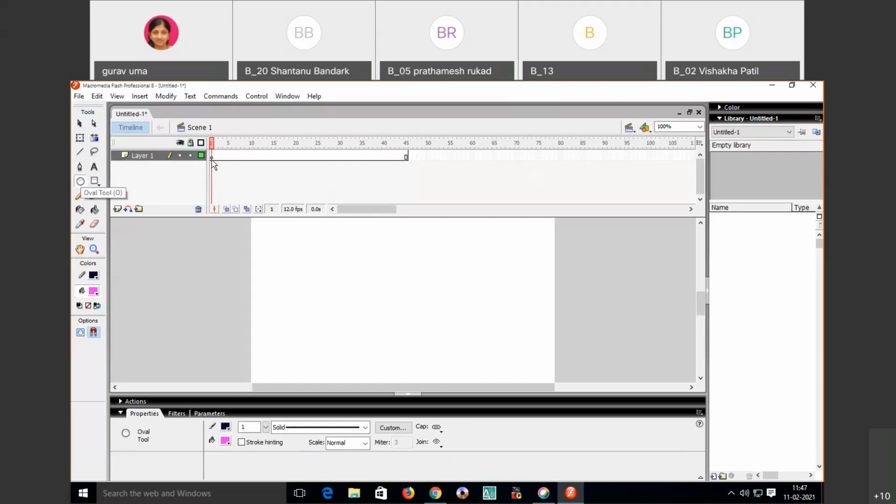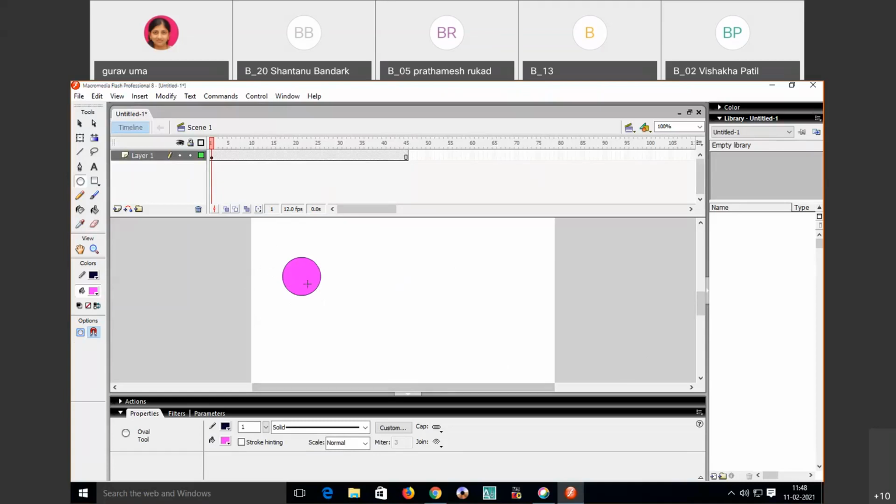Now I want to draw the object at this keyframe. At the first keyframe I want to draw the object. So here I will draw the object. Okay, I have drawn this object. See here that the black dot is appearing. That means my keyframe is set here for this object. Now I want this ball to come downwards, and again upward, then downward, upward and downward, as we are seeing in the example of a bouncing ball.